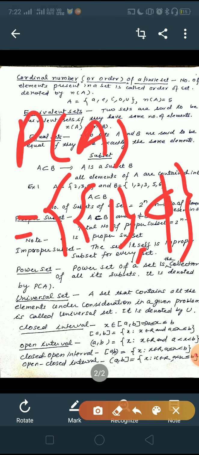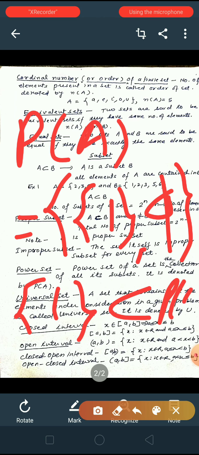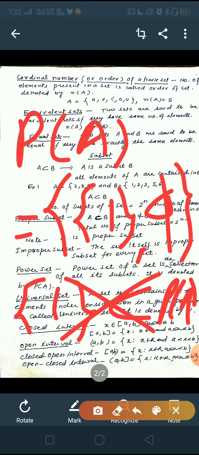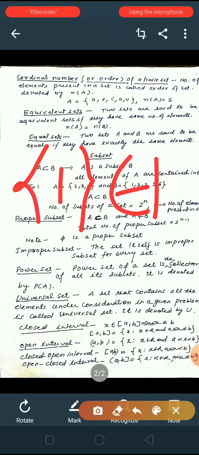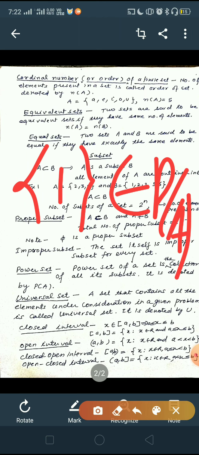Here you can't write that 1 is a subset of P(A). This is incorrect because actually 1 is an element of this power set, not a subset. Here, subsets will be elements of the power set. So the relation of subset does not exist here. I think it is clear now.